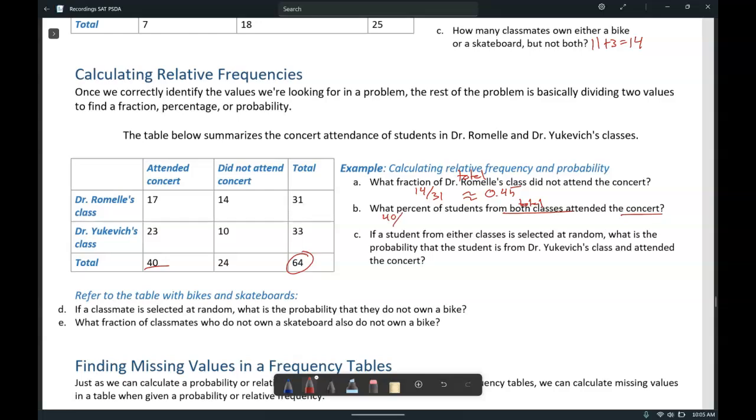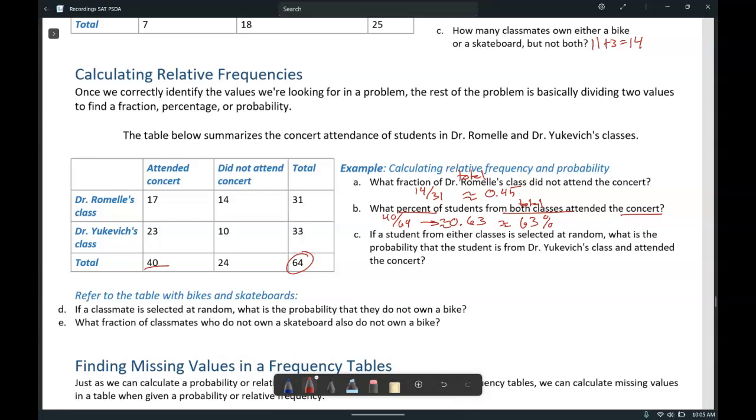So we have 40 over 64, which we could simplify that ratio, but since we want to find the percent, we can just go ahead and do the division, and we get 0.63 if we round it, which is approximately